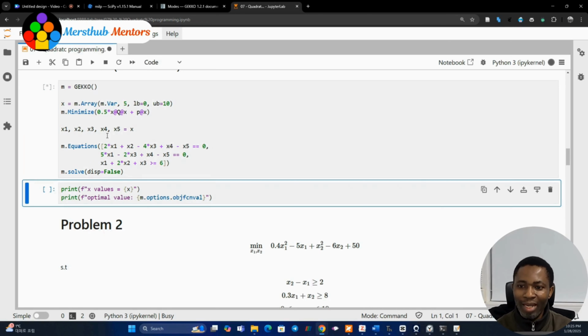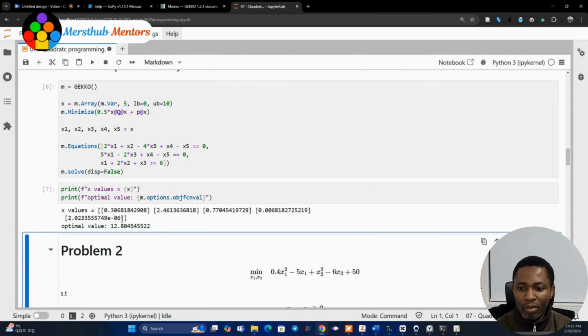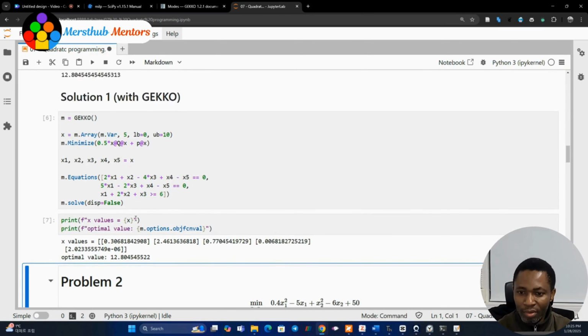If you click that, it runs. GEKKO uses the remote server to solve, and in a short while returns the answer. As you can see, the output is good. So I'll print the values of x and then print the optimal value. Let's see what we have. It returns an array, and you notice that if you compare the two, the values have exactly the same result. This also refers to this value being 0 to the power of minus 6, 0.000, and the optimal value is 12.84,